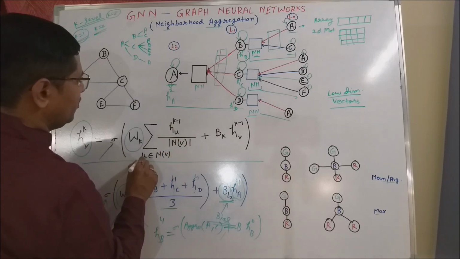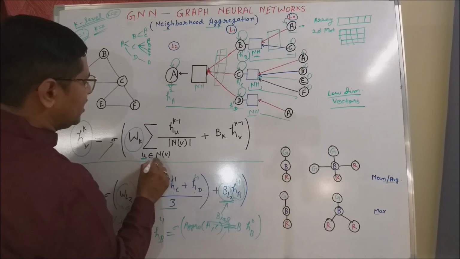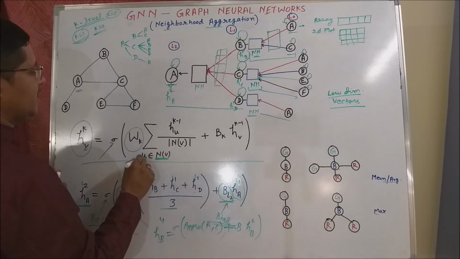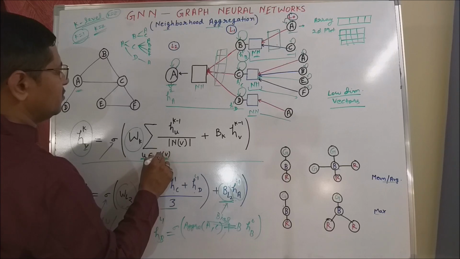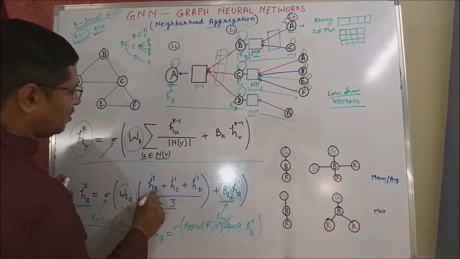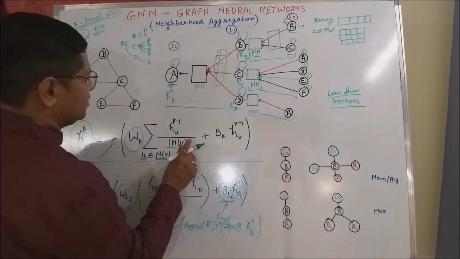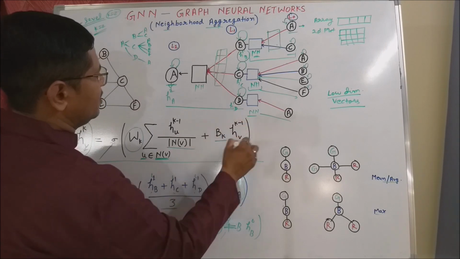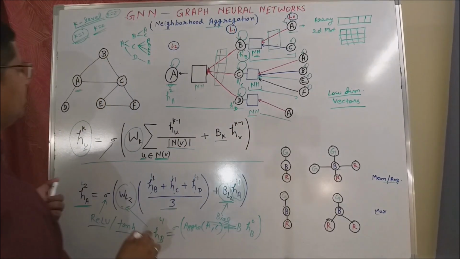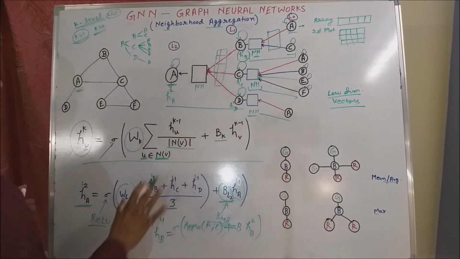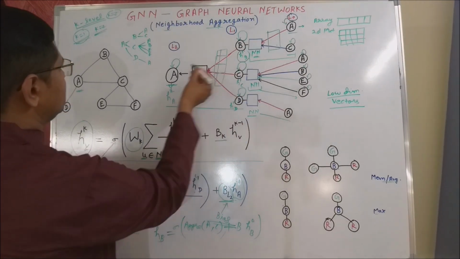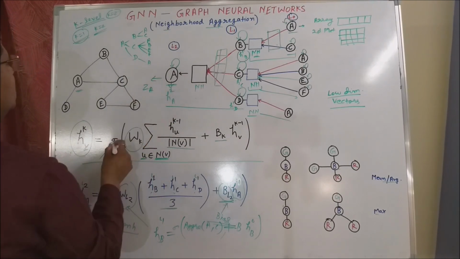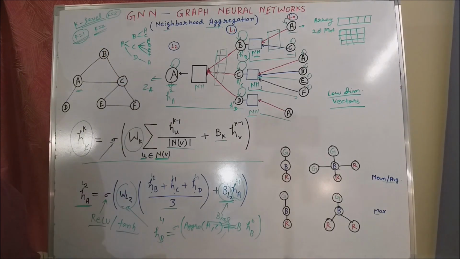This represents the nodes which are neighbors to the node V, and U is a member of all those neighbor nodes. Here we take the sum over all neighbor nodes and then divide by the total count. Again, this is a bias, and we take the self-loop value of the same node. This is the way we can compute everything, and it will give you an encoded value, which we represent as ZA. Similarly, we can get the encoded value of all those nodes.